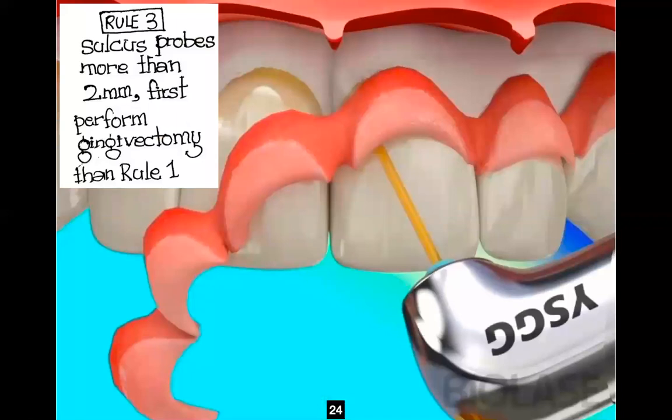The next one is an easier one. Rule 3, as I have shown you. What is the procedure here? Gingivectomy. Rule 3 says if a sulcus is greater than 2 mm, and in some cases you see people who have gummy gingivas or gummy smiles,